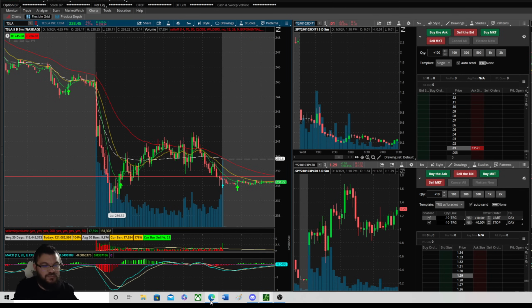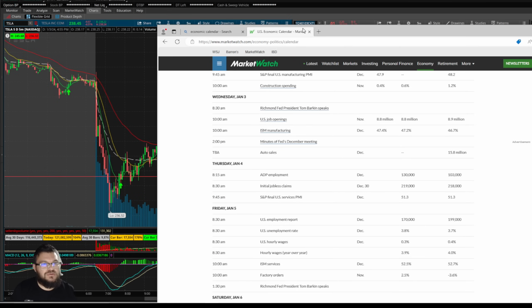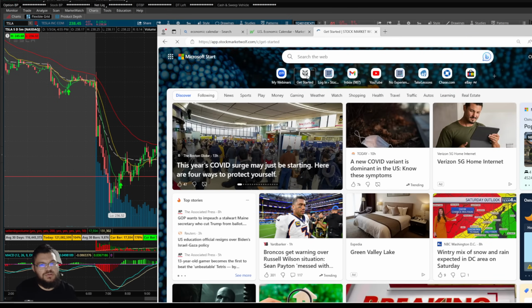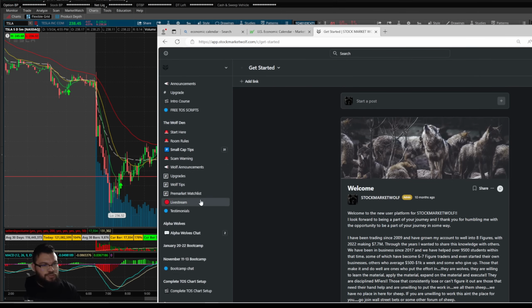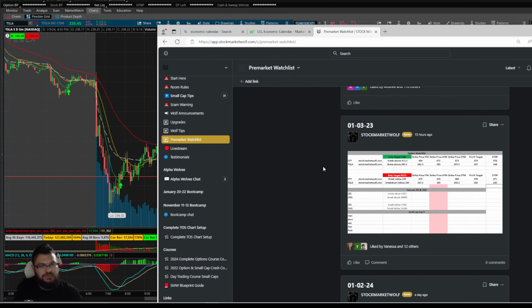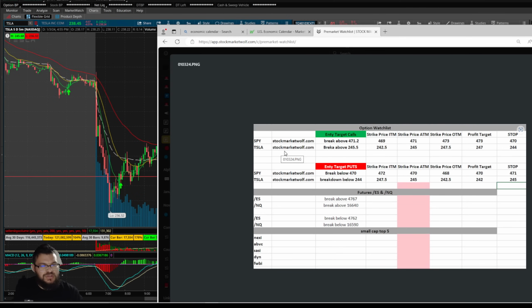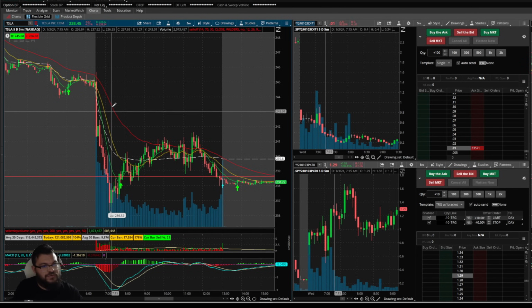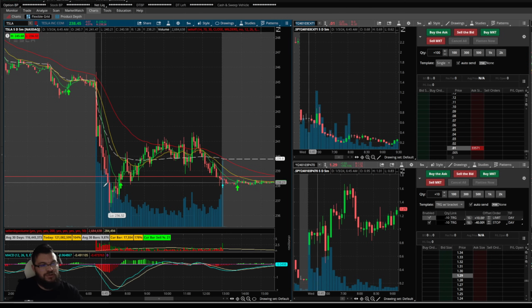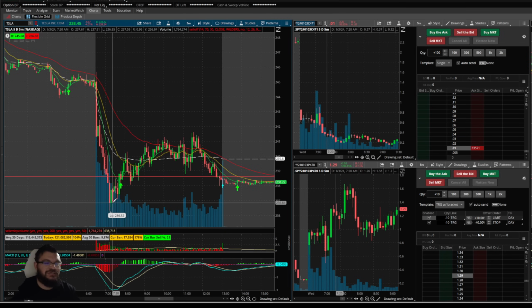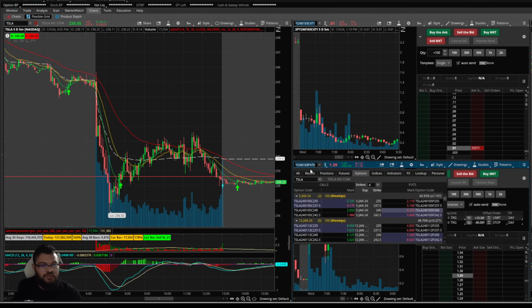And this actually went really well with our pre-market watch list today, where we were looking for Tesla to break underneath 244. Underneath 244, which is literally right underneath that pre-market low, as soon as it broke, this thing went all the way down to 237. The only thing is, if this was 0 DTE and this was Friday, those premiums would have been massive, but they still probably did really well today.